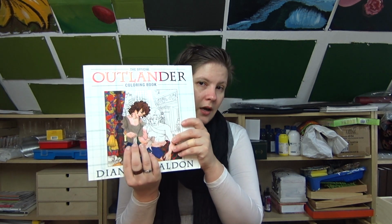So I'm working with Inktense today, hyping up the contrast, working on shading and a bit more oomph on those Highlanders, pulling them into the foreground because they are the focal point. I'm working in the coloring book for Outlander. This is where that page comes from. And I'm finishing up details with a few gel pens at the end, but mainly I work with Inktense, and I'm gonna tell you why I choose a certain color and what I want to